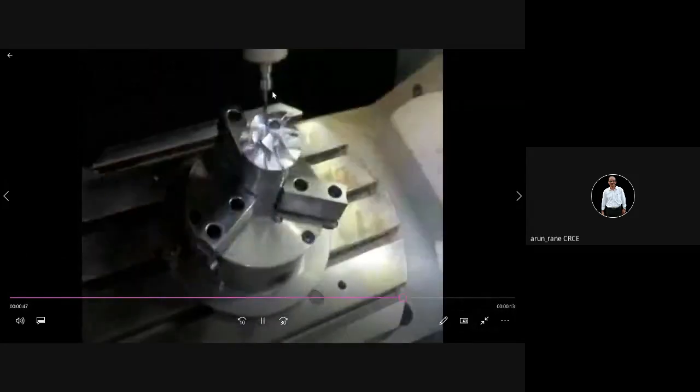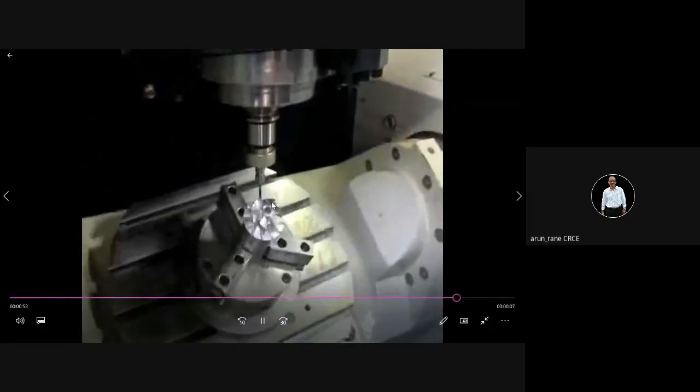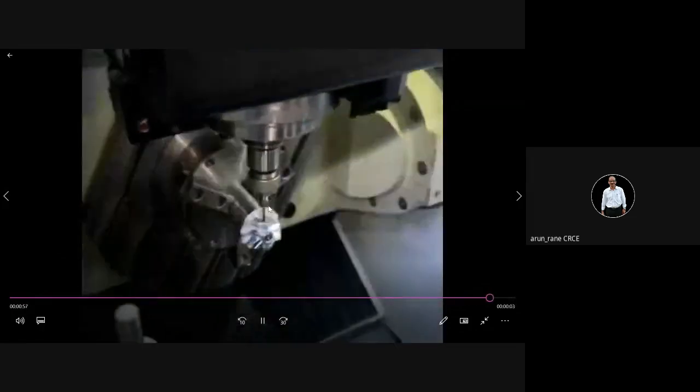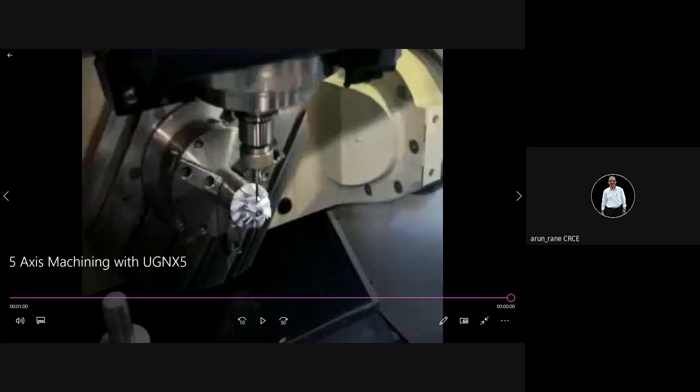You have to take a sufficiently long cutter so that the chuck in which the tool is held doesn't interfere with the workpiece. So this tool has to be sufficiently long. At the same time, you have to see that it is strong also, that it doesn't buckle, bend or break.